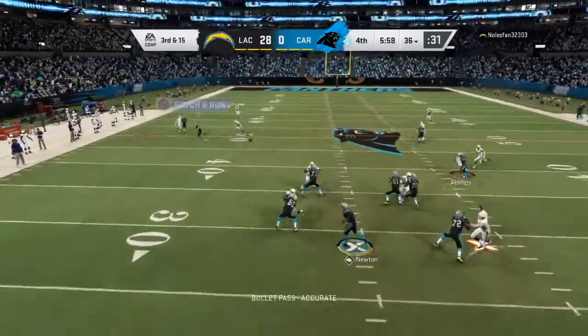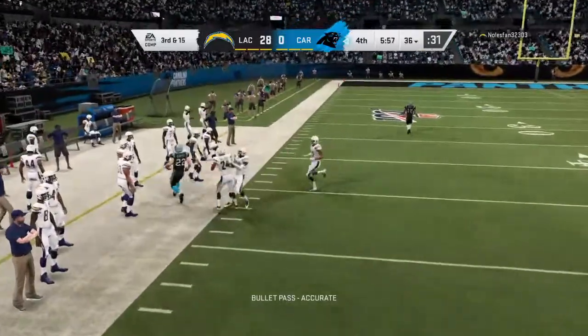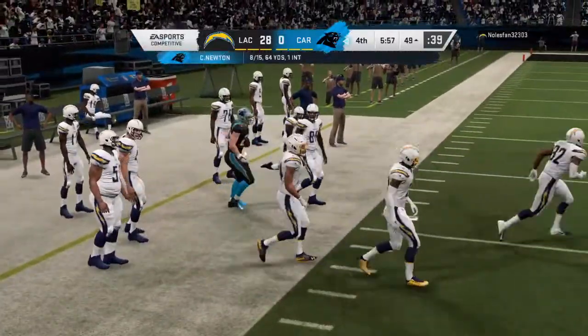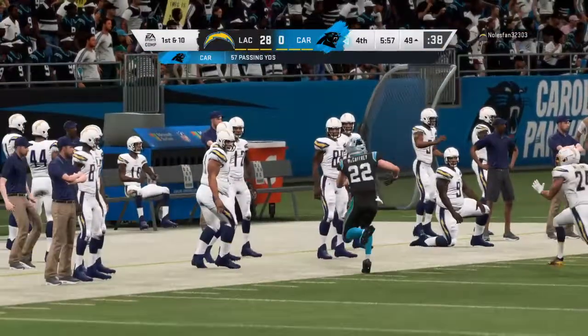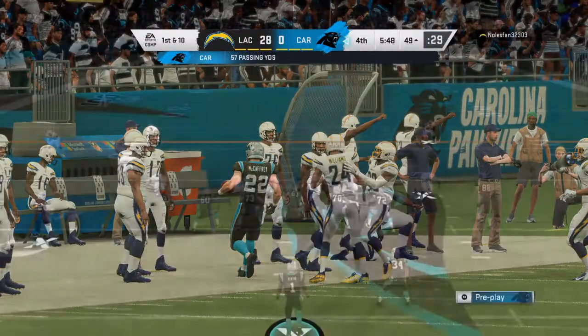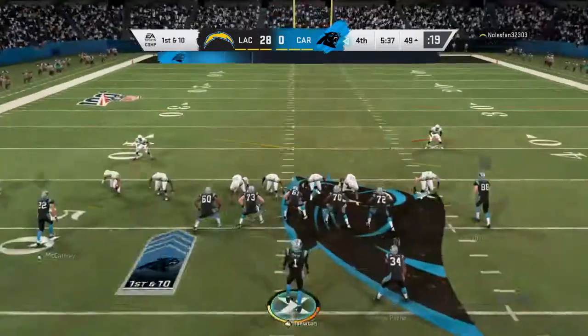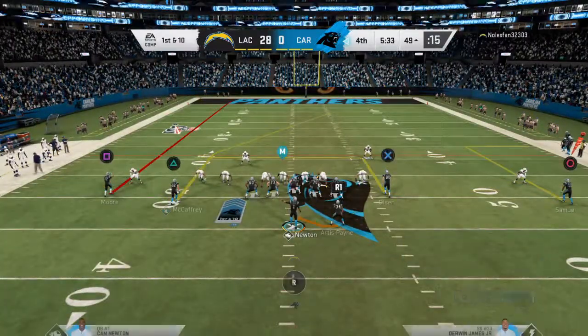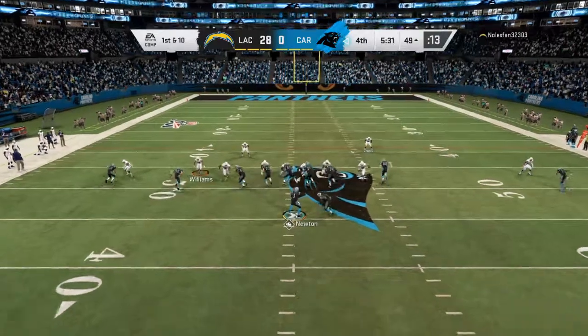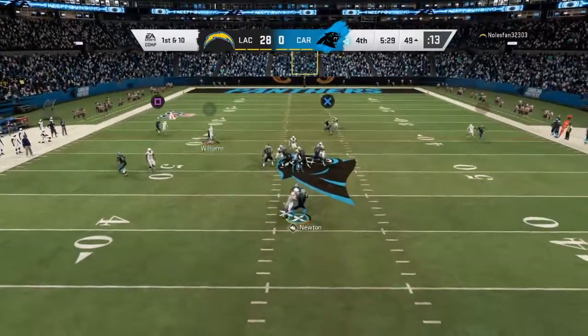Third and long, it's Newton, finding some room at midfield. Throw left side, McCaffrey's got it. Give him 15 there, and the Panthers have a first down. And we see another pitch and catch there to the running back. This position just continues to evolve. They become just as critical to the passing attack as a lot of receivers, tight ends, because they're...